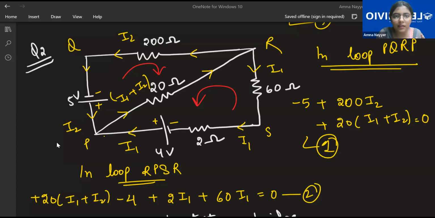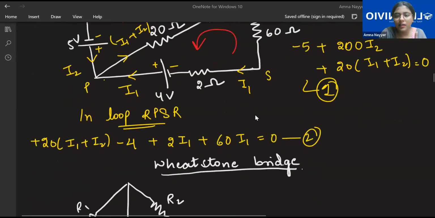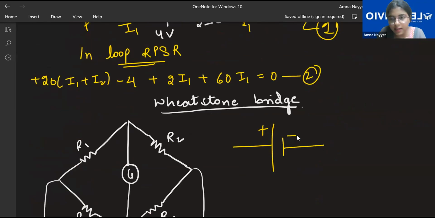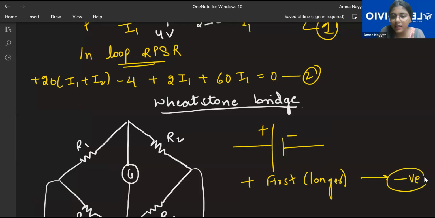Okay? Yes. Longer, no, Aisha, I'll just make it a little clear for you. Look, Aisha, I'm writing it here. See, this is positive, the longer one is positive, the shorter one is negative. If you see positive first, it means the longer one. It means you are going from longer to shorter, higher to lower, plus to minus. That is taken as negative. If minus, that is the first